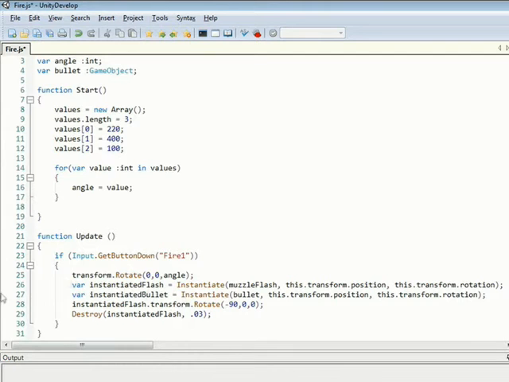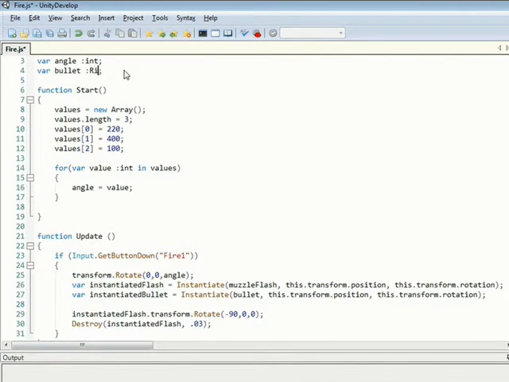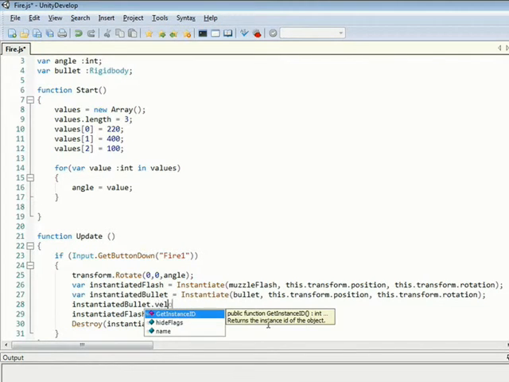Now that we have access to the instantiated bullet in code, we can just add some velocity to it. And you know what? Actually, the bullet has to be a rigidbody, so that we have access to velocity and the gravity and stuff like that. So bullet, instantiatedBullet.velocity equals